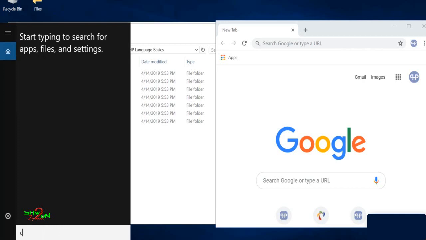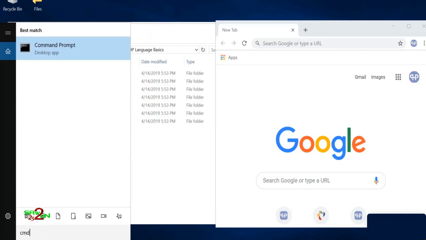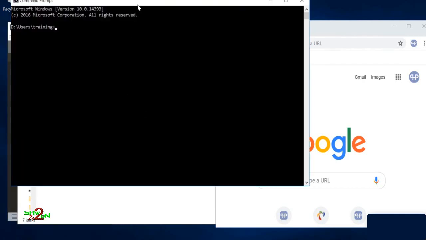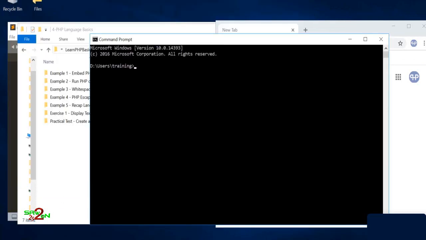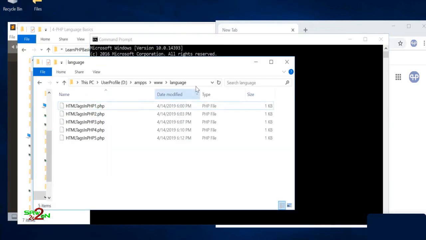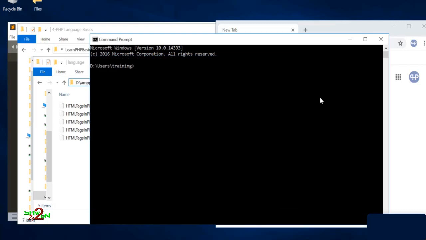So open your CMD. That's basically your command prompt. Okay, so the first thing you want to do is go to this language folder. How are you going to do it? You go to CD, paste the path, click enter, and you will be going to the D drive. If you are in the C drive,